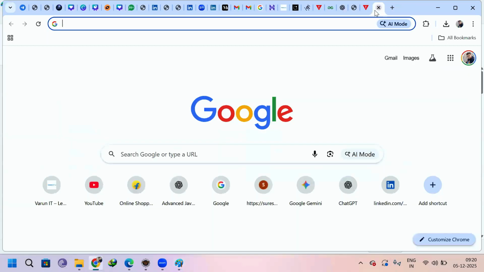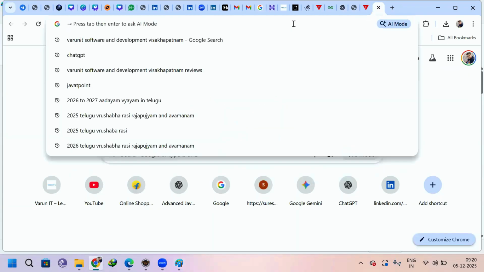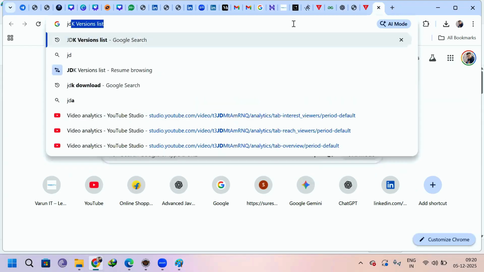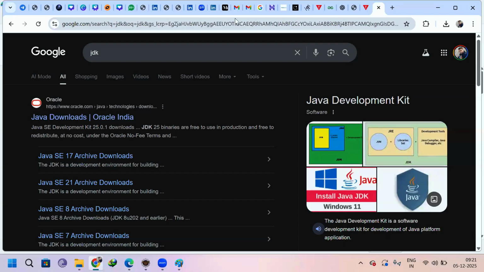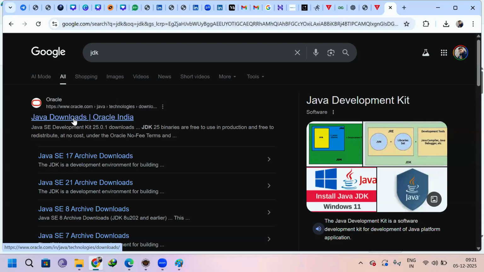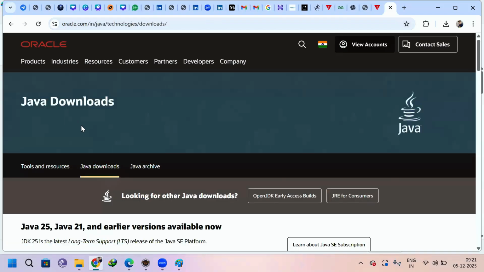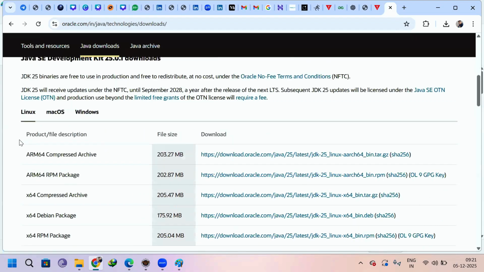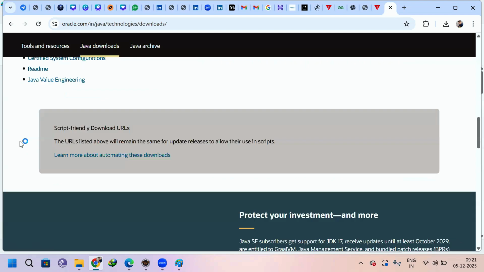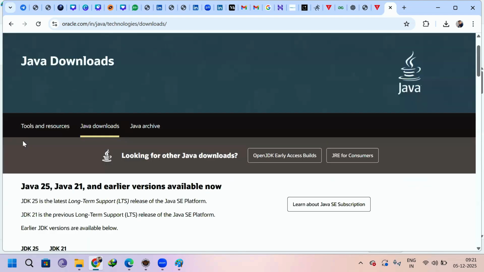Yes. Yeah. So just type JDK. See, whenever you type JDK, here you can see Java downloads. You can click on Java downloads, scroll down. Here you can see the latest version is JDK 25. Currently in the market,